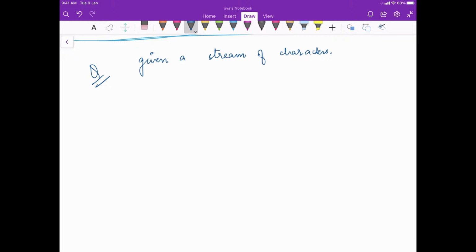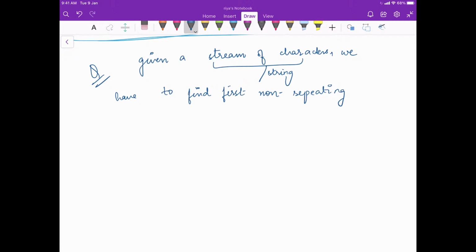ठीक है. Given a stream of characters, and you can variable say a string only, ठीक है. We have to find the first non-repeating character each time a character is inserted in the stream.